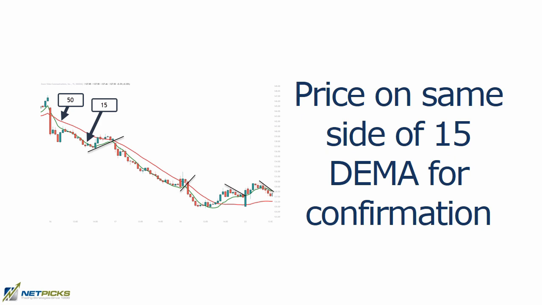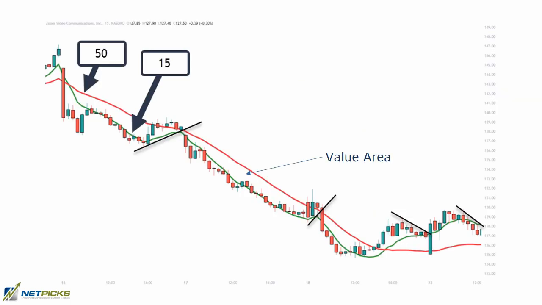So for a trend change, we're going to use the exact same trend direction method I've already talked about. And then we're going to add another layer of confirmation by just requiring that the 15 DEMA has crossed over or below the 50. And then traders would just look for a pullback into an area of value between the 15 and the 50. Now, bear flags and bull flags, along with triangles, they're my favorite patterns to look for